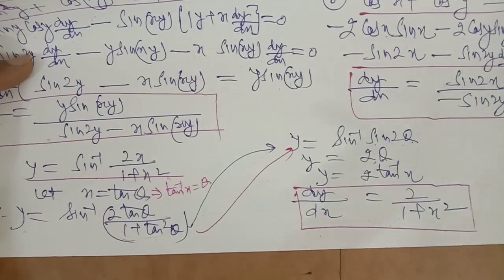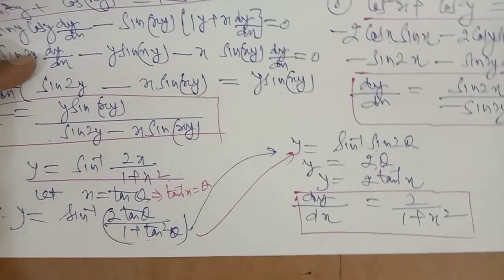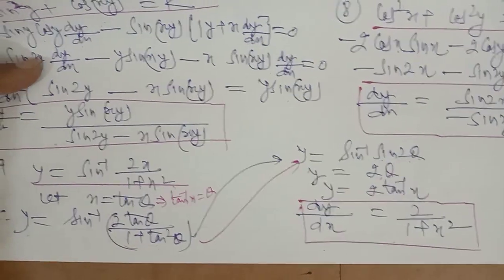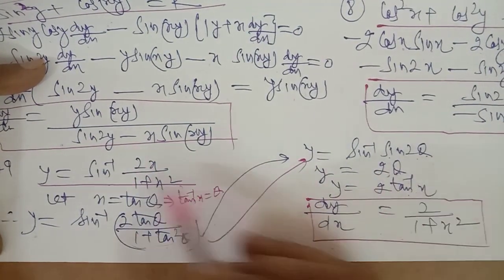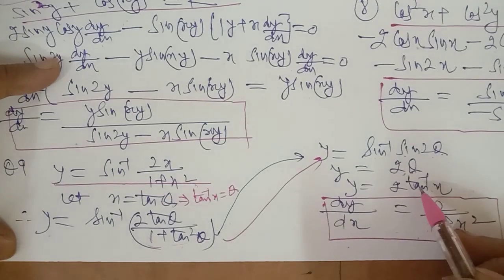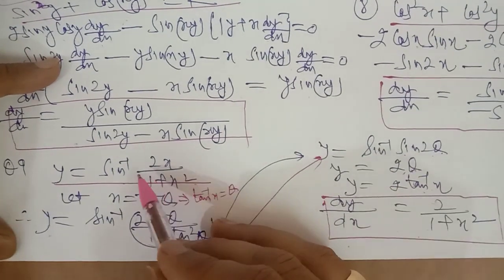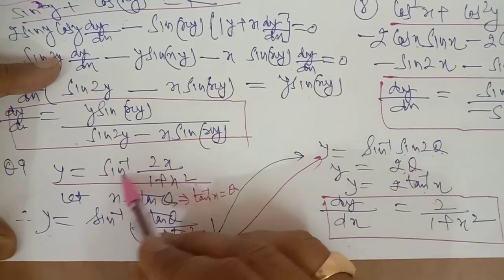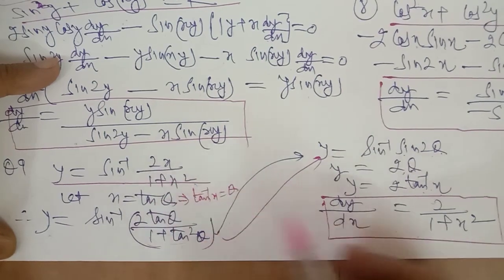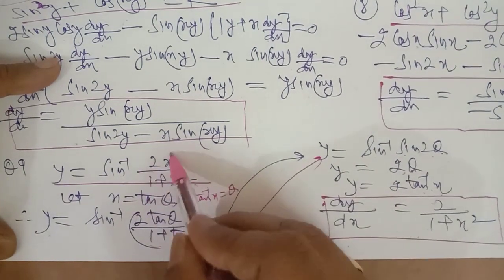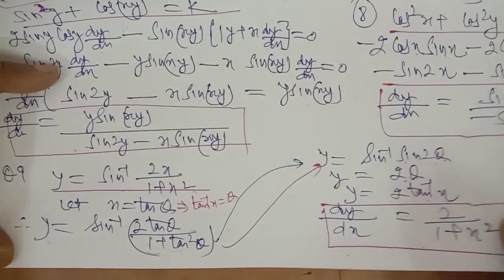So whenever you are getting an inverse trigonometric function, try to simplify it by letting something, or you are getting some formula. You know that this is equal to 2 tan inverse x. You can do it directly. Also, if it is a very low mark question, if it is a 1 mark MCQ, you can directly write 2 tan inverse x is equal to sin inverse 2x upon 1 plus x square, because you have learned this formula in inverse trigonometric functions. Or rather, you can do it like this also.